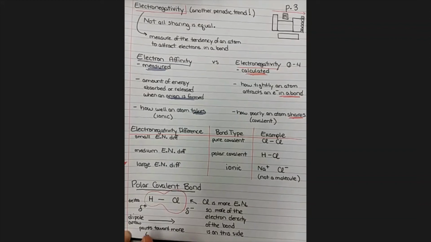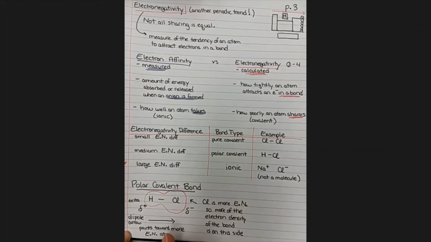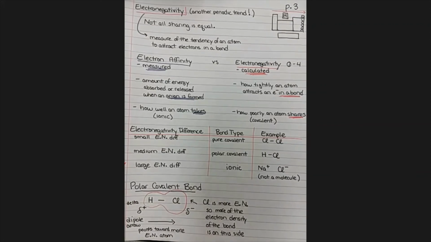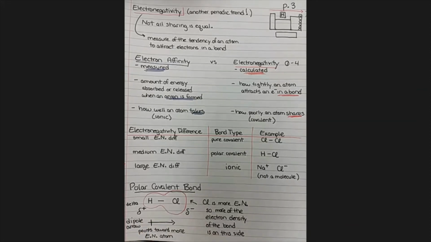Running out of space, we can fit it. There we go. So the way you can remember that it points towards the more electronegative is if you put a little slash on the back end of it, so that that end looks like a plus. So it points from the plus, slightly positively charged end, to the slightly negatively charged end in a polar covalent